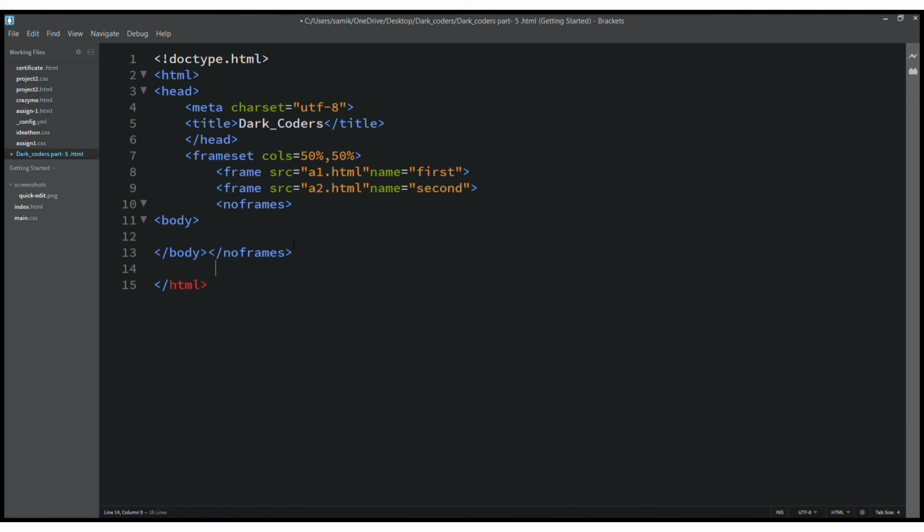And after that I will give the end of frameset. You are able to see here it appeared automatically. Now we have completed the coding for our frames. So now let's run our program. So guys, here you are able to see the two different frames. Actually it doesn't support in my computer, so you are able to see only these two. We can add colors but it doesn't support, so I can't.